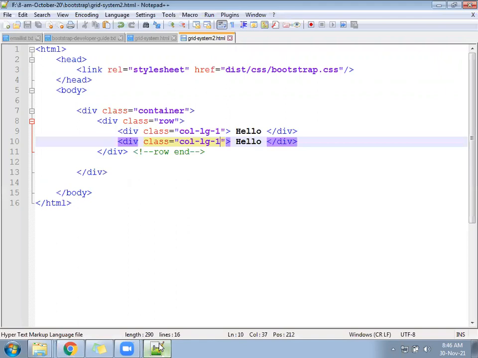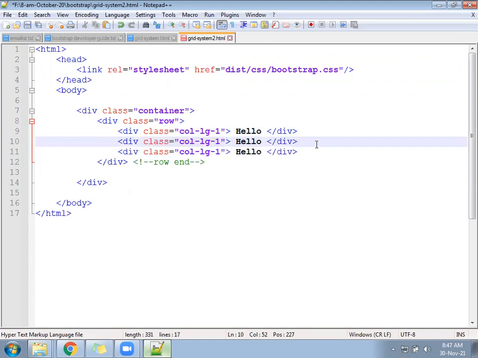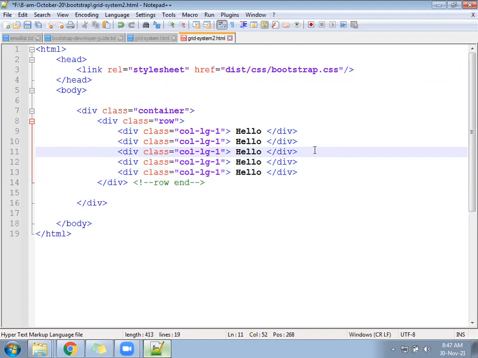So our theory says in one line, minimum 1 column and maximum how many? 12. So 1 and 1, you have written 2. Follow one more, total 3. Follow one more, 4, 5, 6. Check now.